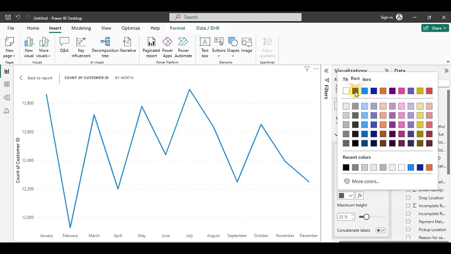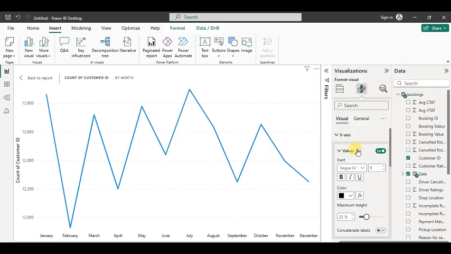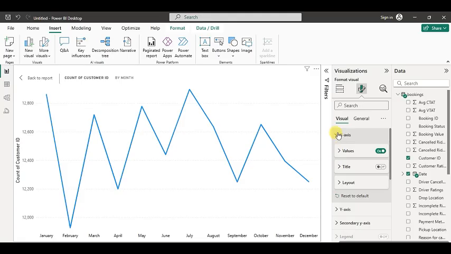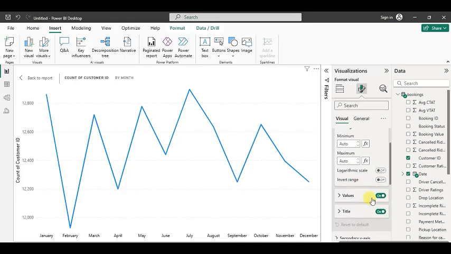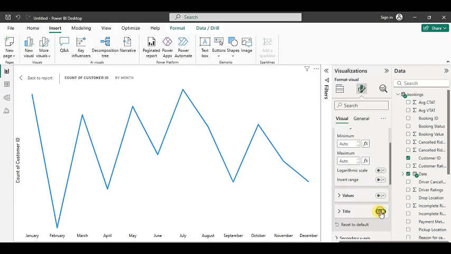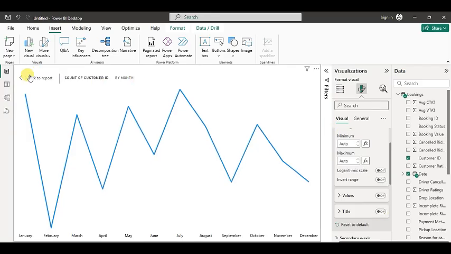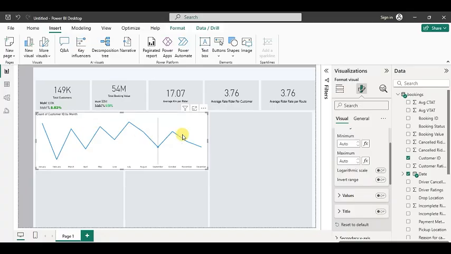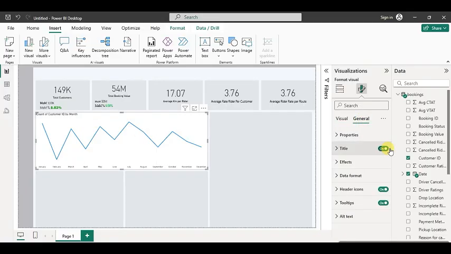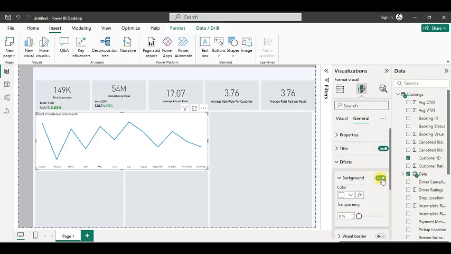Here, drag and drop here. As you see, it shows the trend of customers per each month. For instance, in January, we have the highest customers, and in February, customers become few, and in March, customers become high, and in April, customers become low,